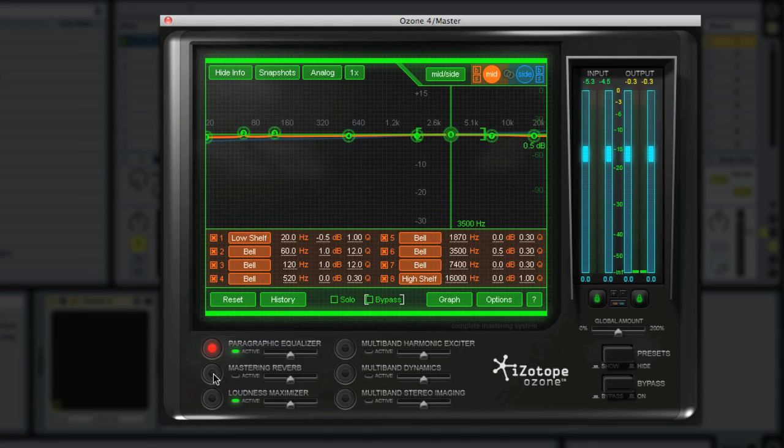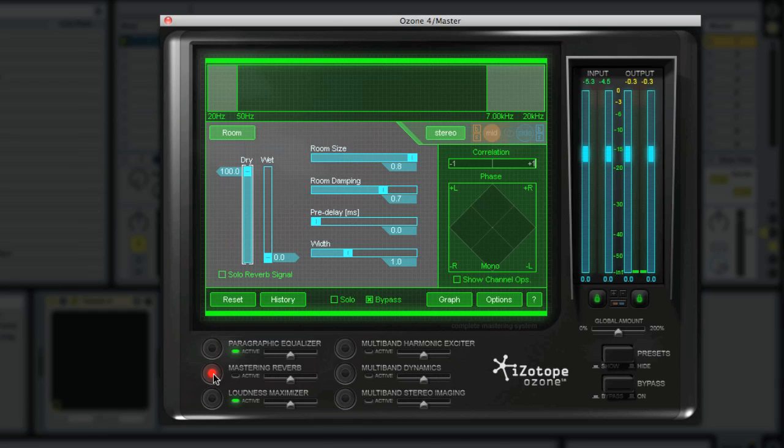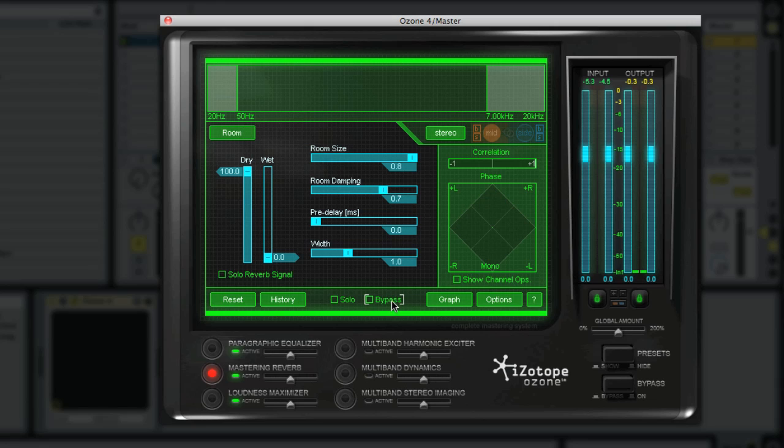Next thing we're going to do is go into the mastering reverb. In the mastering reverb, we want to go ahead and make it active by unchecking the bypass here. You'll notice up at the top you see what is basically an EQ, right? From 20 hertz to 50 hertz, from 7 to 20 kilohertz. And what this is going to do is limit the adding of reverb to certain frequencies. This middle portion is the frequencies that are being given reverb, and the parts outside of it are not going